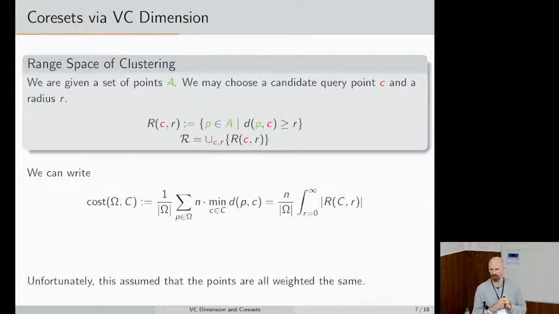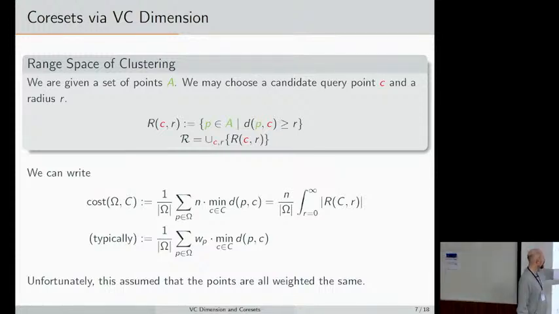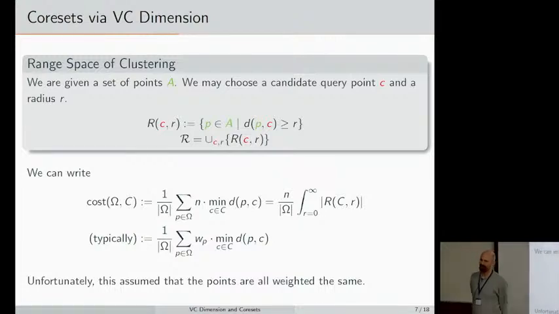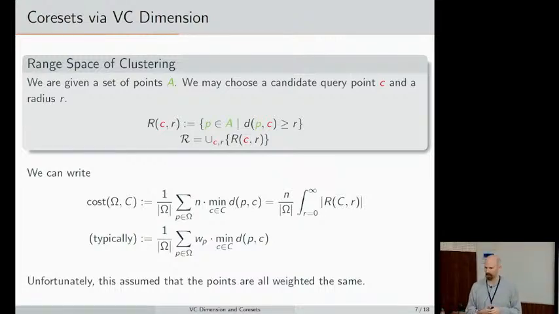Now, there is a problem here, namely that this identity only works if the points are all weighted the same. If I'm assigning a different weight to every point, then I'm stuck. I can just write that this cost looks like this, and I don't really know how to continue. And this is not just a technicality. This is where, in my thinking, I was stuck for quite a while. I thought, how could it be any different, or can't I just view these weights as multiplicities or something? But it's really not that simple.